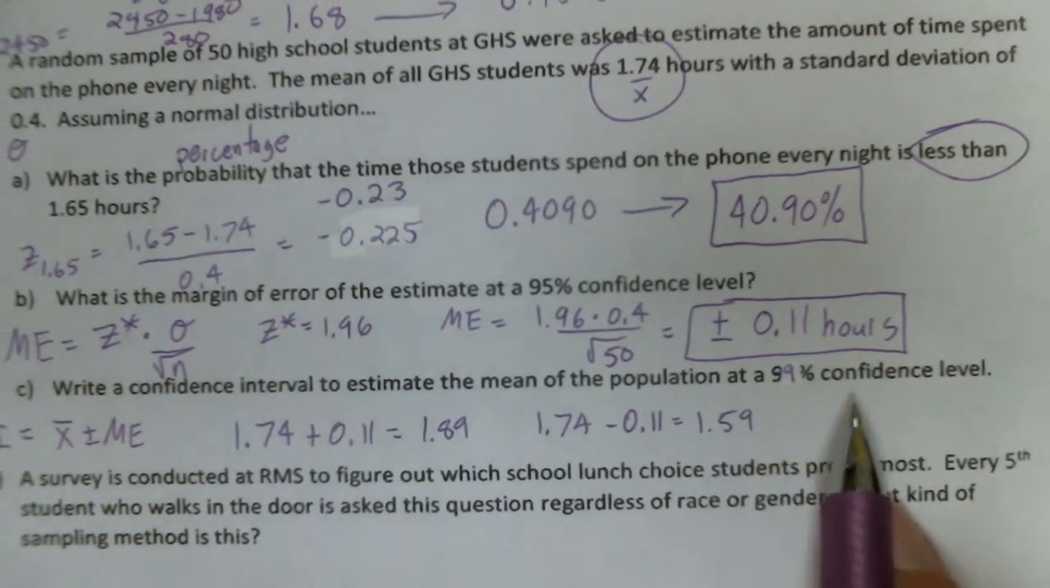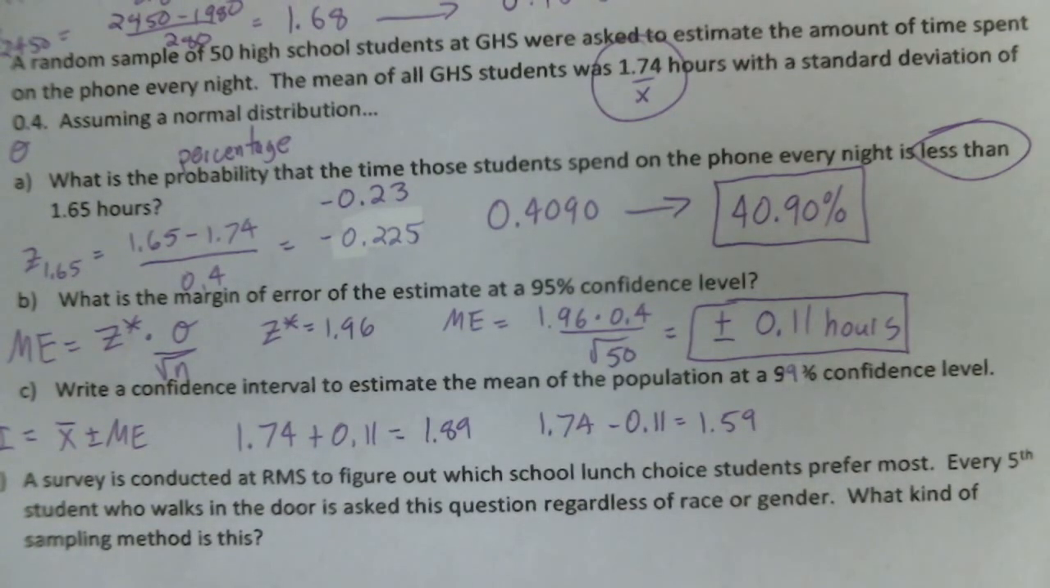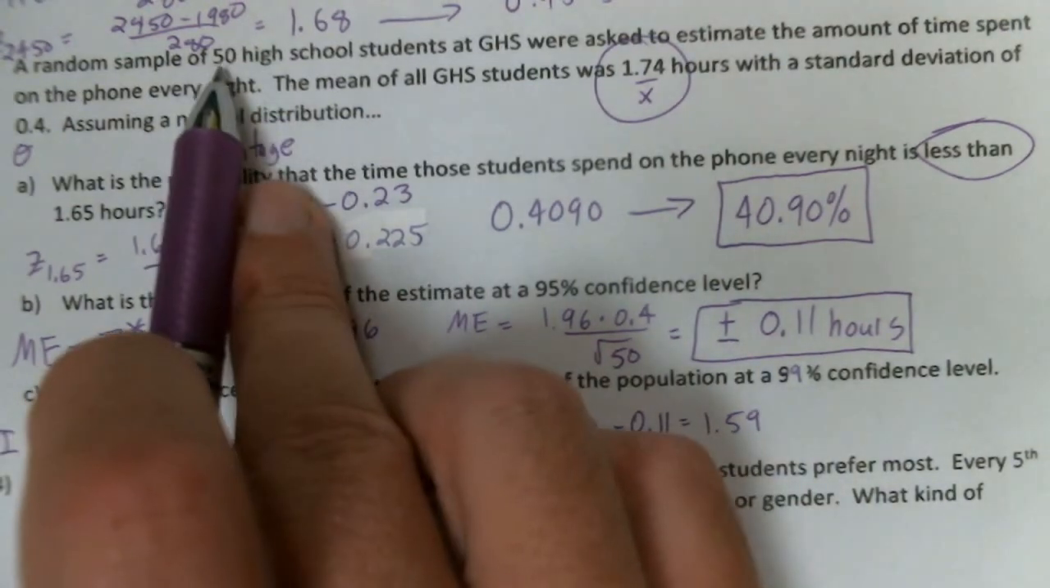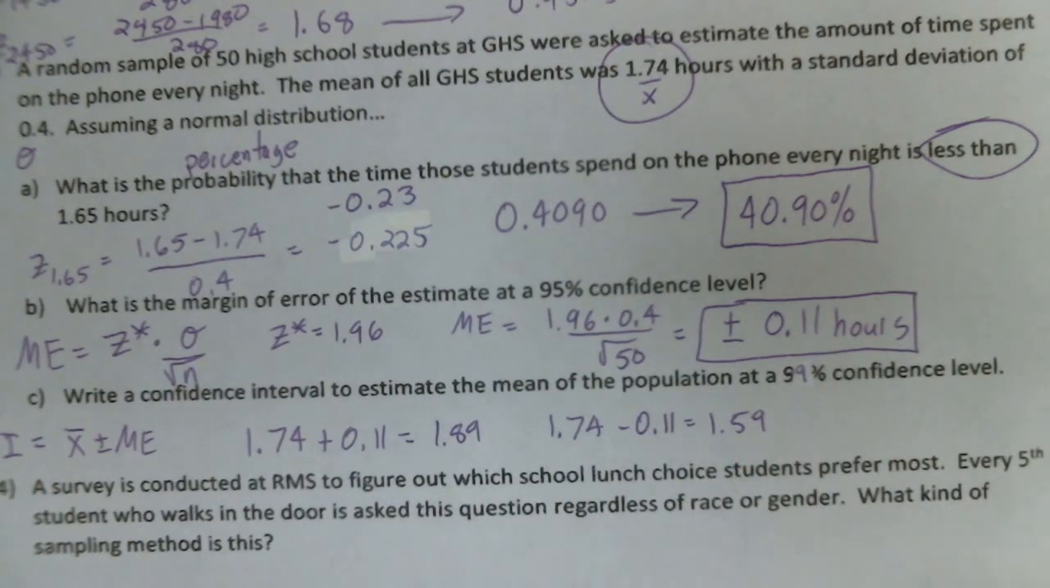Remember, the whole reason for doing all this with confidence intervals and confidence levels is that we don't know what the population mean is. That's what we're trying to find. Normally they give us mu, and we know what the whole average is. But this time I'm polling 50 high schoolers so that I can say I'm 99% confident